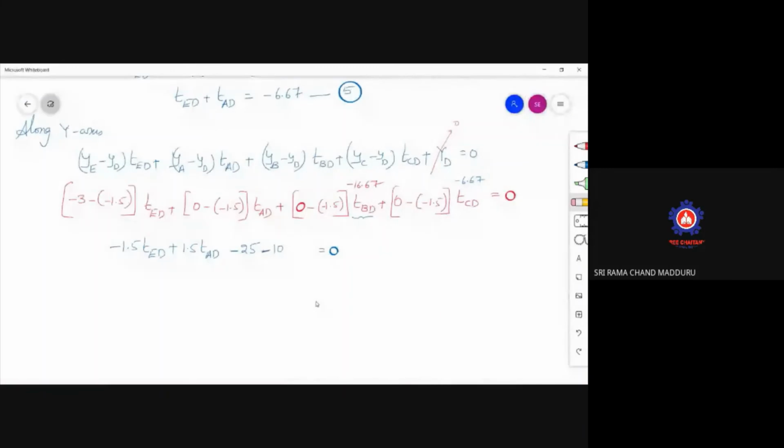Here you will get minus 1.5 TED plus 1.5 into TAD equal to 35. If you solve them properly, this becomes equation number 6. Solving 5 and 6, TED is equal to